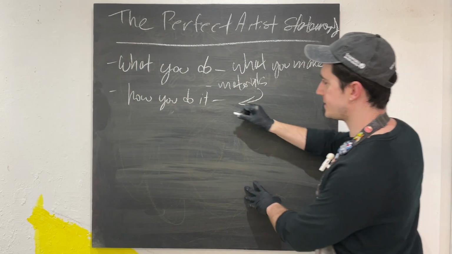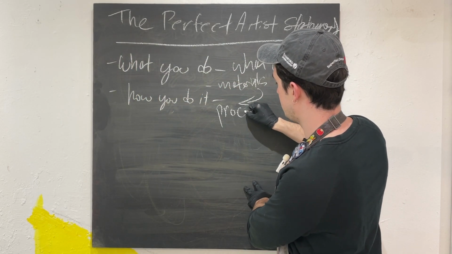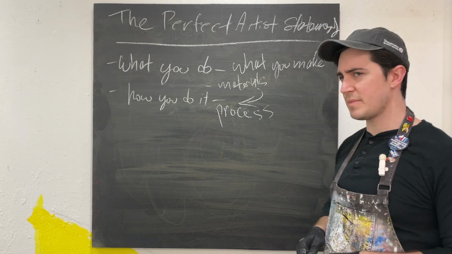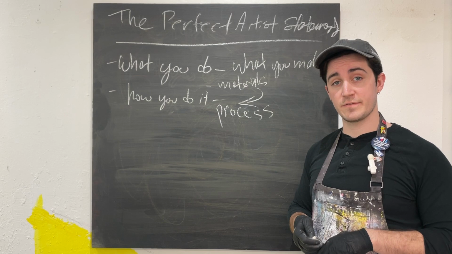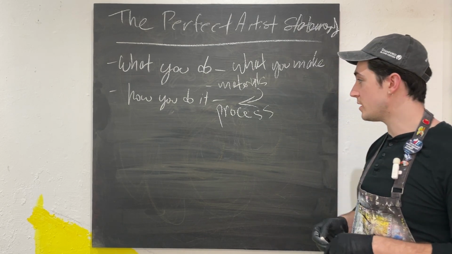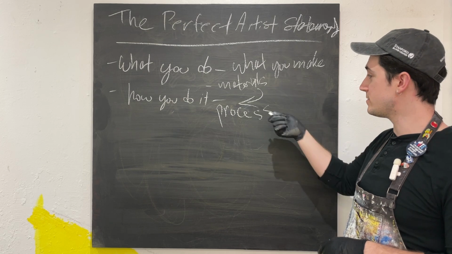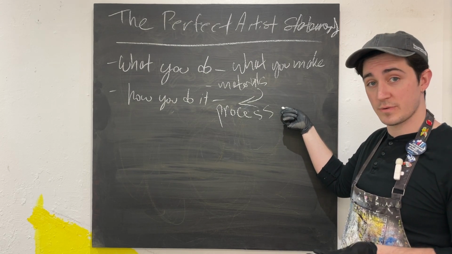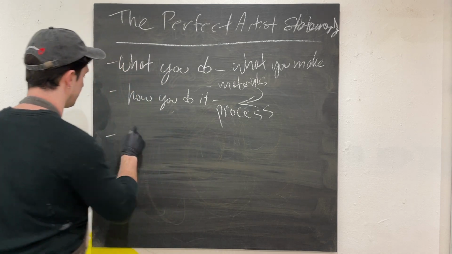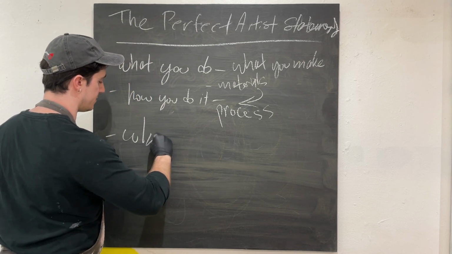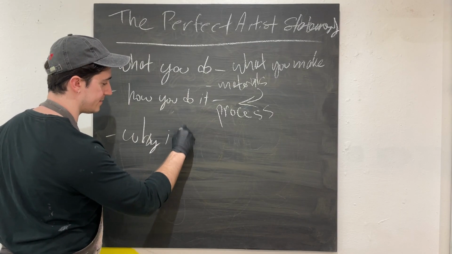So, process. This is where you tell us about your process. Because there are many ways to paint, and different kinds of paint, and the same is true for photography and sculpture and so on. So you need to make that clear. So tell us what you do, and then go into more specifics about how you do it and why that's meaningful. And then the last thing you need to do is tell us about, oh, it's not a real word, why.